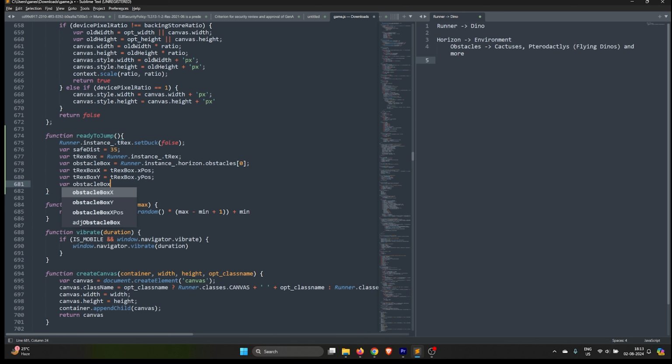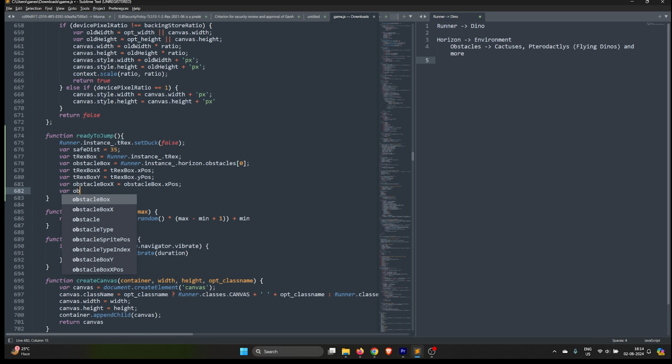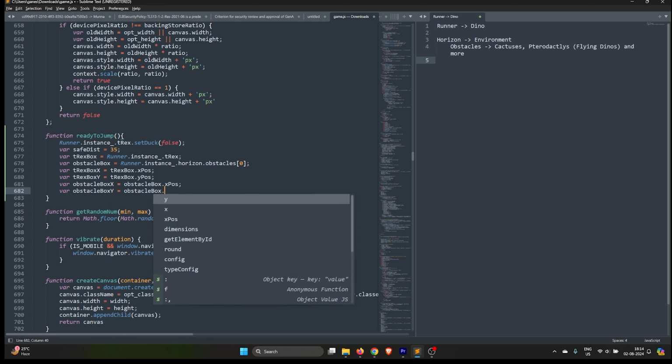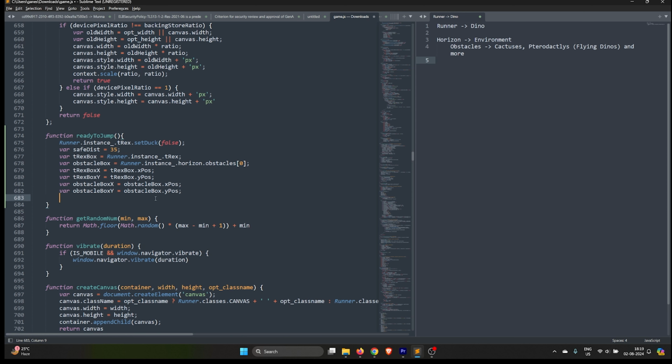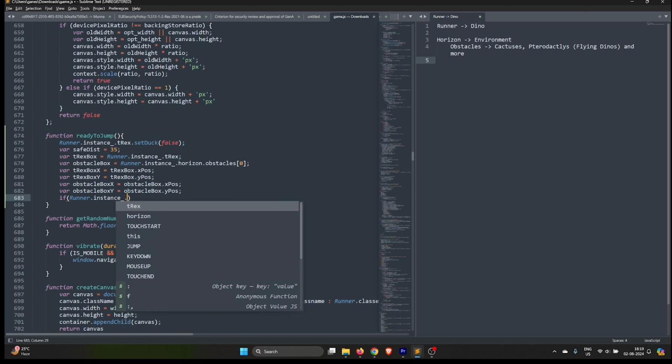So let me define the boxes of obstacle as well. Now we are done creating the boundaries for the dinosaur and the obstacles. The next step in the process is to determine whether they collide or not. Let's just say